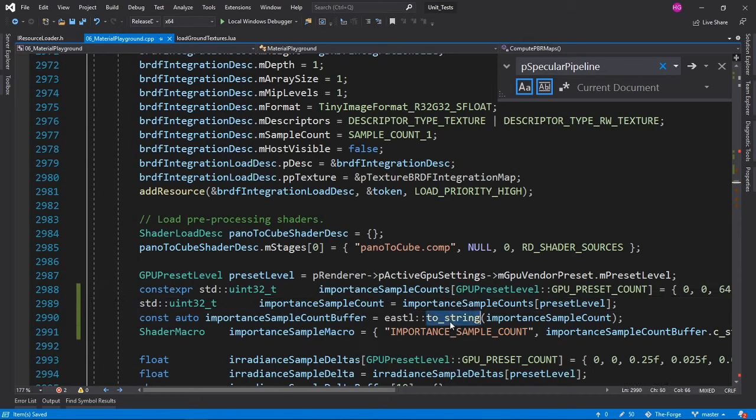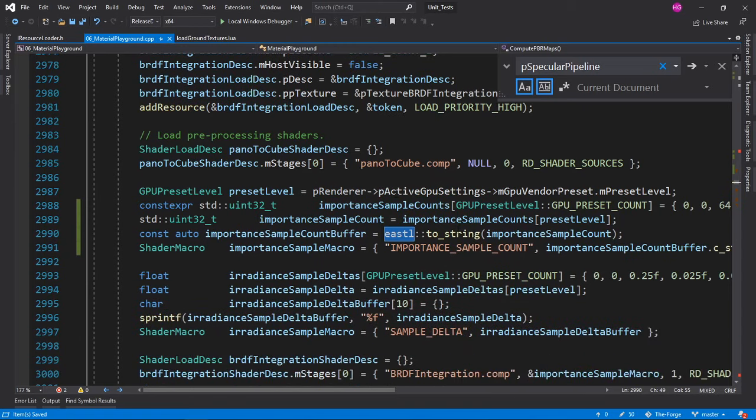Even if toString was constexpr in the standard, I don't know if EASTL does support constexpr toString or not. That is the bad thing here. I don't think you can use a normal std library in these projects because they are using EASTL, and I tried to include a standard string header and I failed. So it's possible that we are not going to be able to use any of that there.